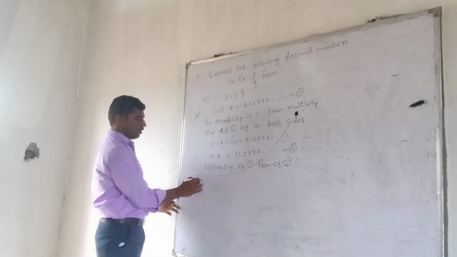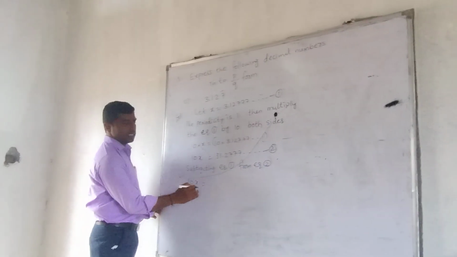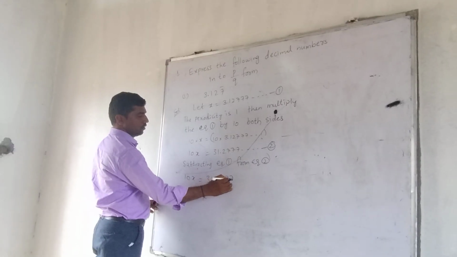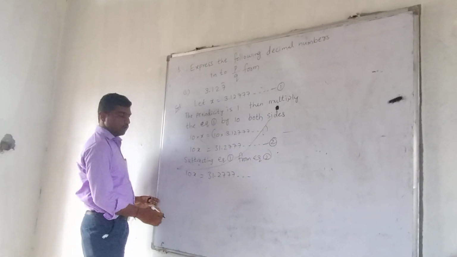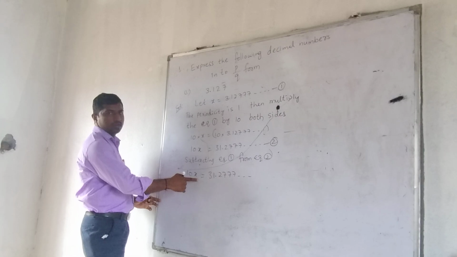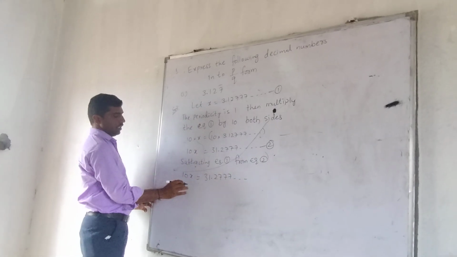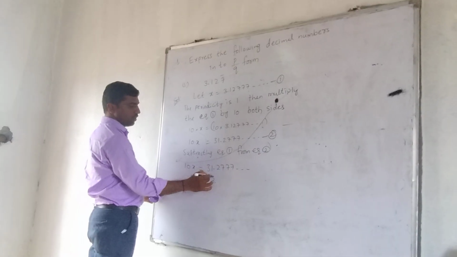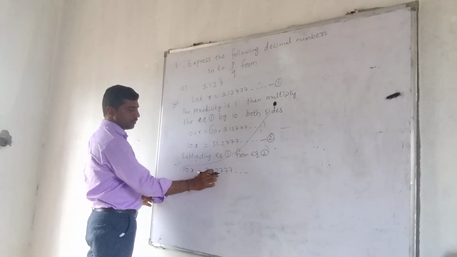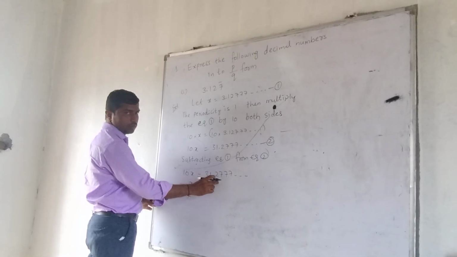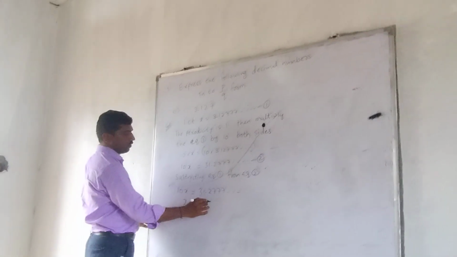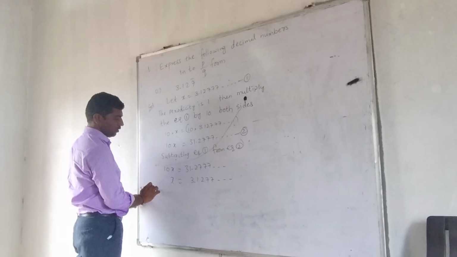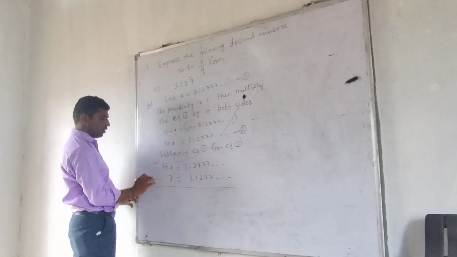Equation 2 is 10x equals 31.2777... The first equation is x equals 3.1277...